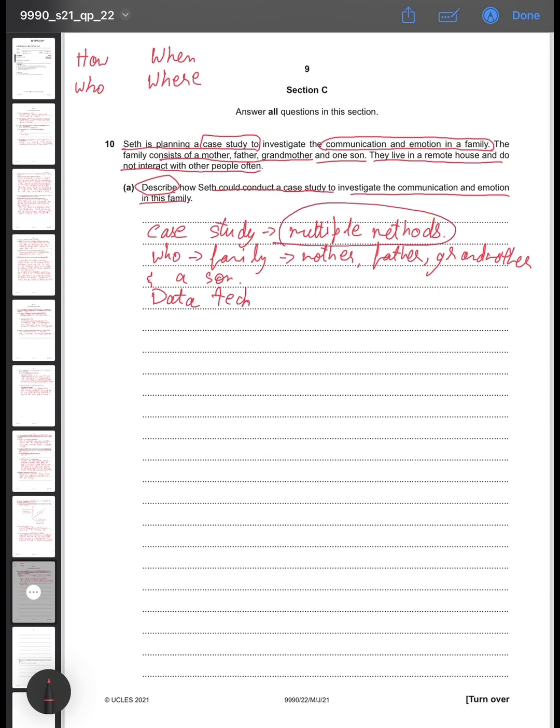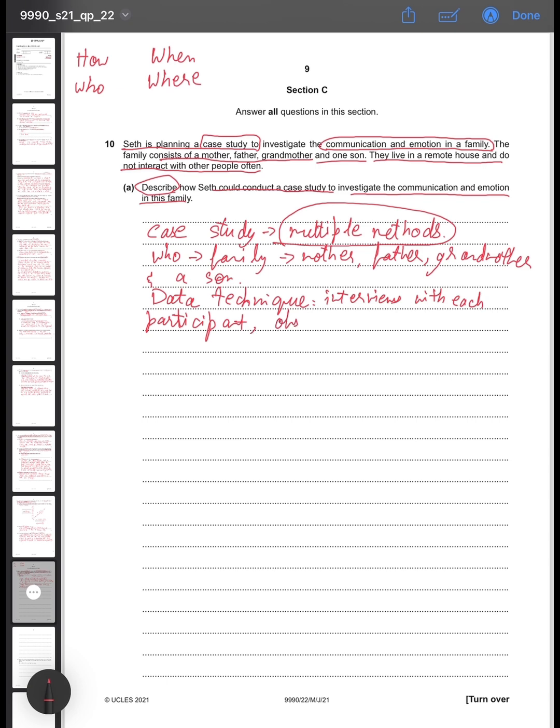So his data technique can be that he can have interviews with each participant,